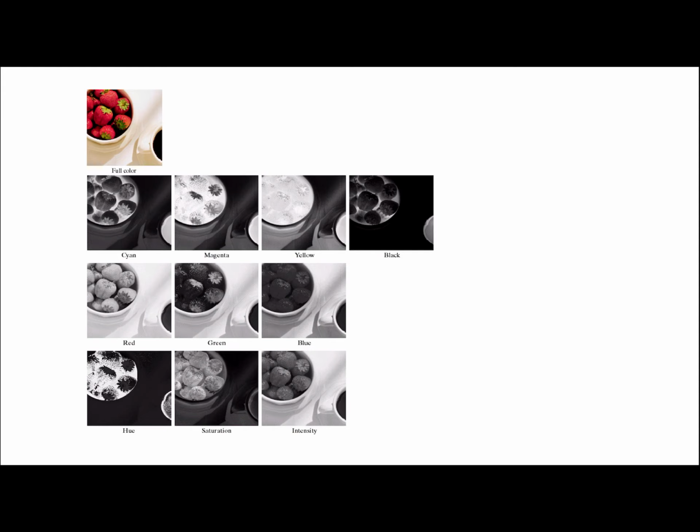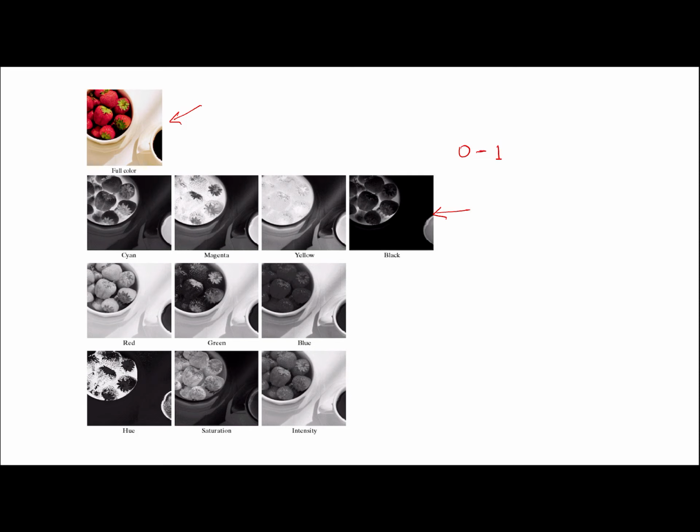In this example, this is the full color CMYK image of a simple scene. The second row shows the 4 components of CMYK, that is cyan, magenta, yellow and black. All these components are normalized to the range between 0 and 1.